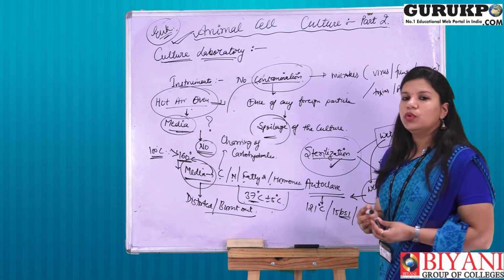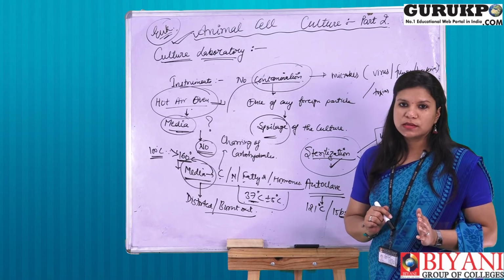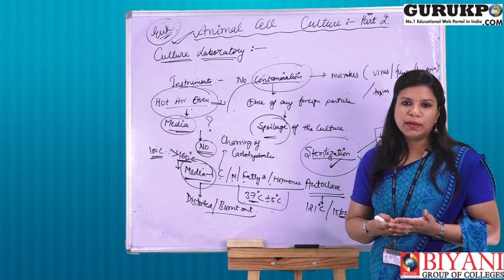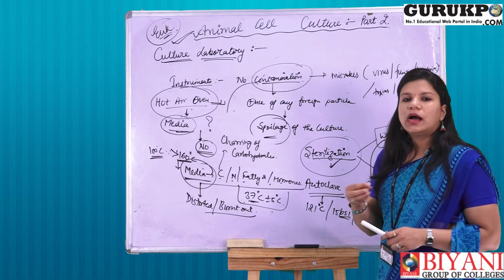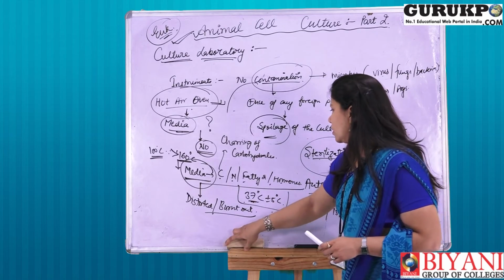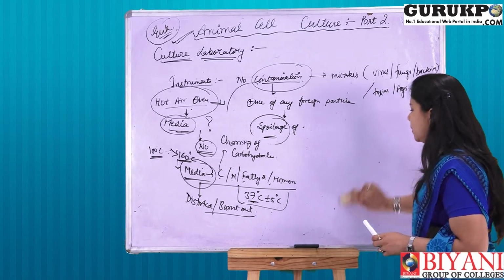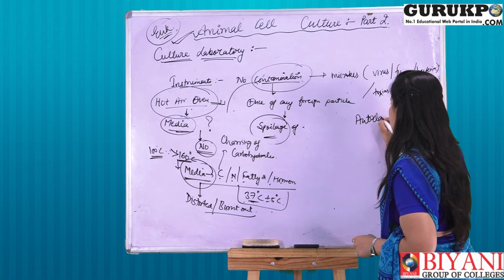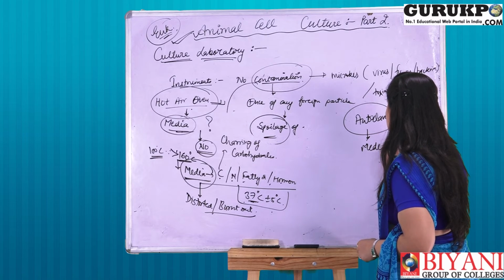Hot air oven is only utilized for the purpose of drying of the glasswares, right? Filter papers which are already wrapped inside the foil paper, aluminium foil, and different kinds of other metallic instruments, right? So for the purpose of sterilizing your media, autoclave is used. Autoclaving is being done for the media sterilization.